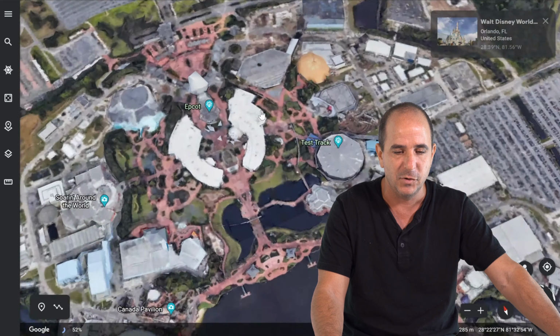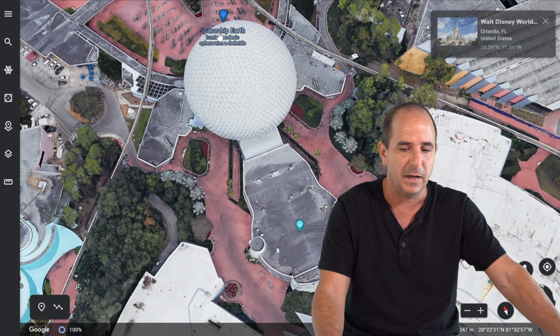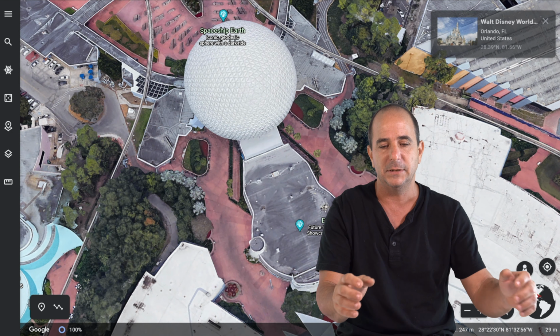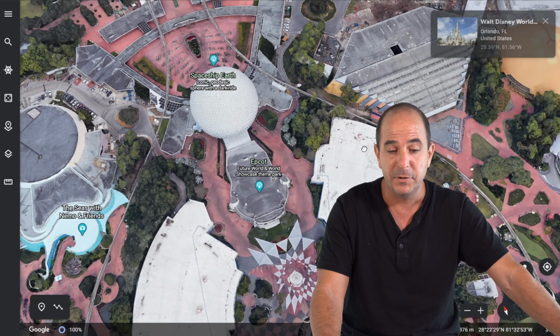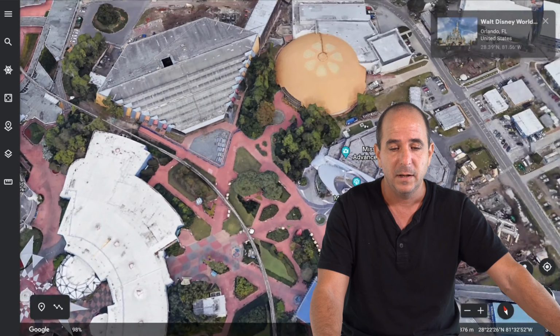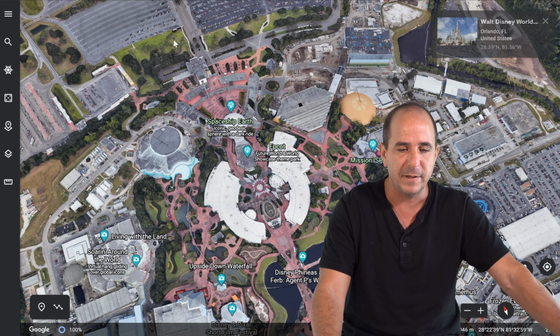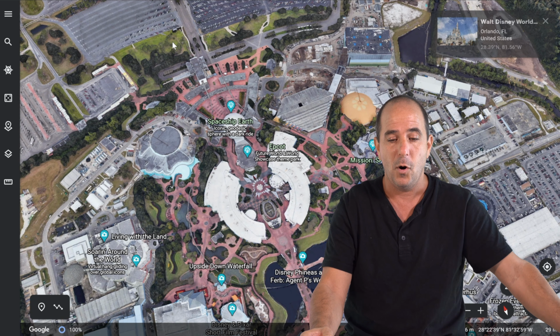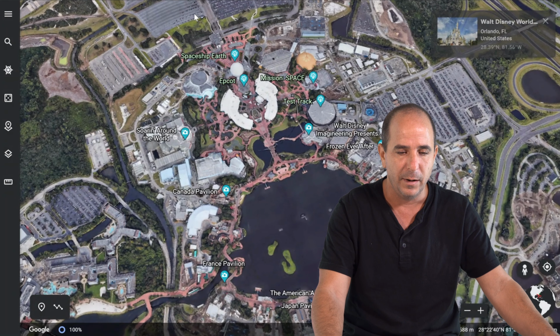Zooming in, we can see some 3D objects. In this region, there's a nice ball in the Epcot Center. There are some high trees, different types of buildings, and so on and so forth. Our starting point is going to be somewhere here, which is our home point for the drone, and the region of interest is going to be in a way this mapping somewhere in between, in the middle of the lake, and going back all the way.